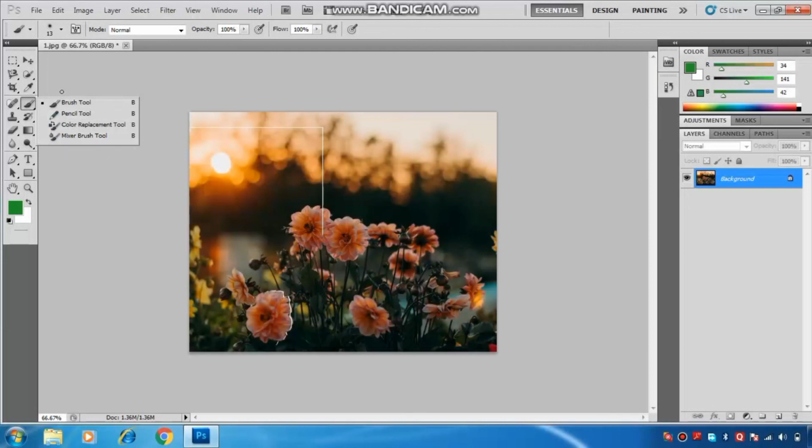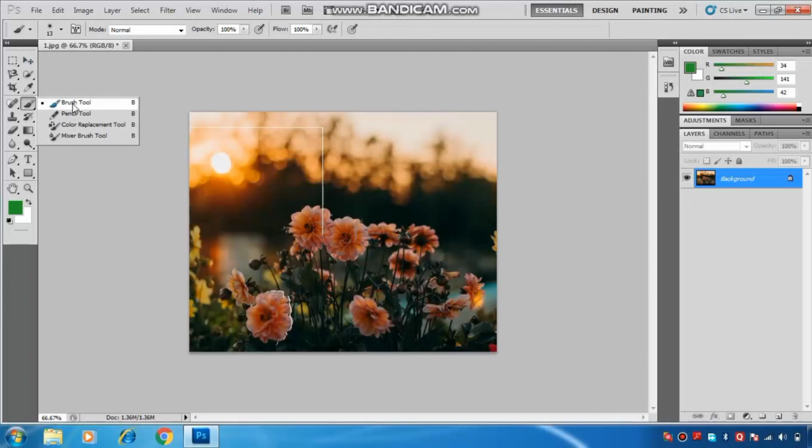Number 1, the brush tool. Here this one is the brush tool. This tool is used to apply a smooth and soft brush stroke of the selected color on the image. We will follow these steps to use it. Select the brush tool from the tool panel. This one is the tool panel and we have to select the brush tool from here.